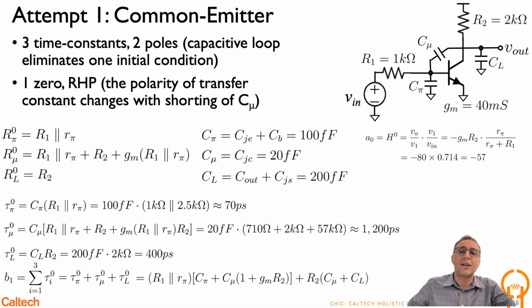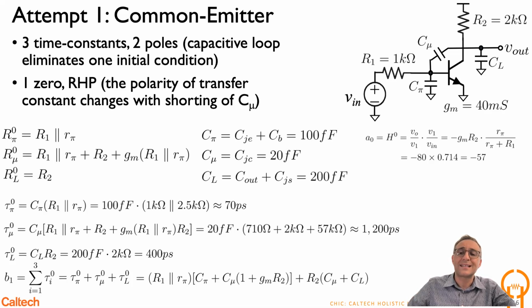The one seen by C mu is similar to the one we discussed. The only difference is that R left, instead of being just R1, is now R1 parallel R pi, because we're using a bipolar instead of a MOSFET. So you get R left plus R right, which is R2, and then gm R left R right, which is like in this case R2. I think it's missing in this, I think it's a typo here. There should be an R2 after that last term for R mu 0. And RL,